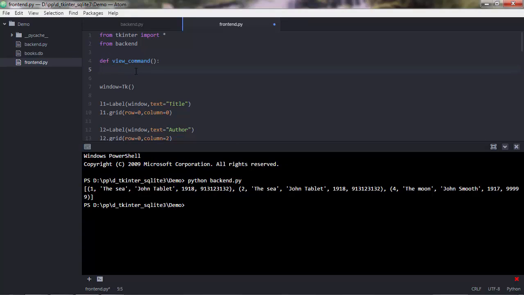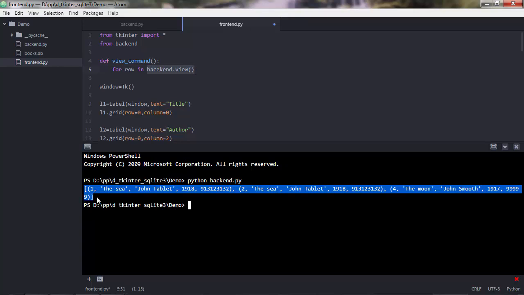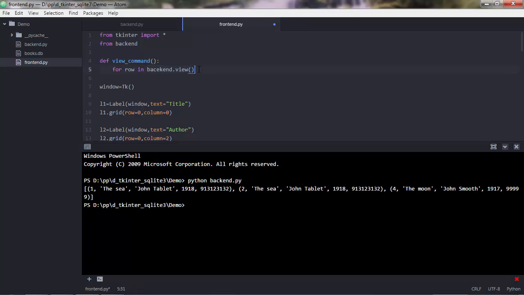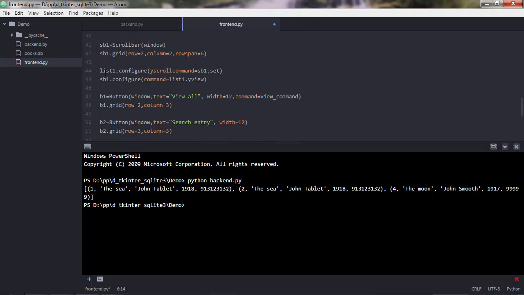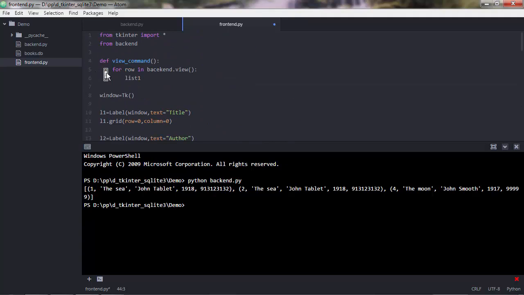That would be for, let's say, a row in backend.view. So this is actually this list here. So this is actually an object, a list object. And then list 1, I believe that's how our list box is called. So yeah, it's list 1. That's a variable holding our list box, dot insert,